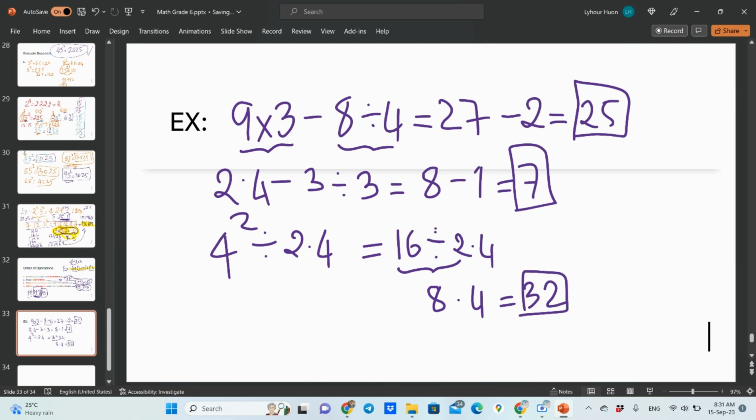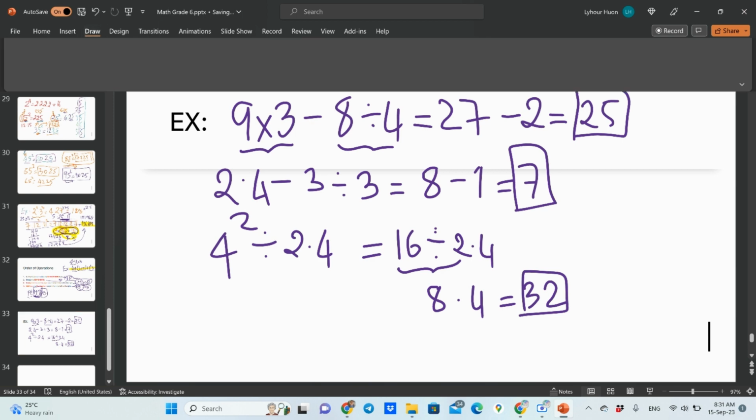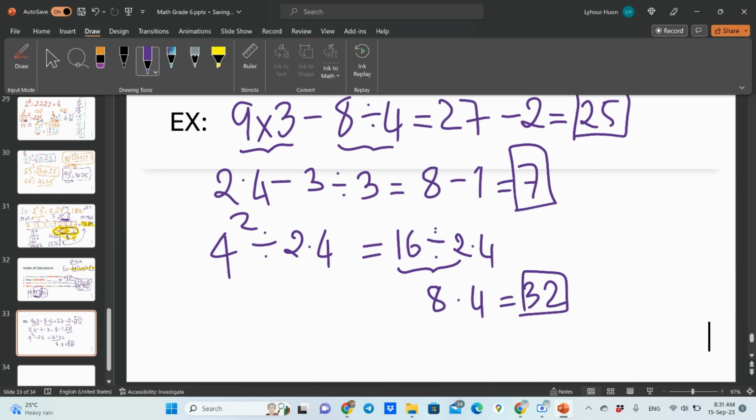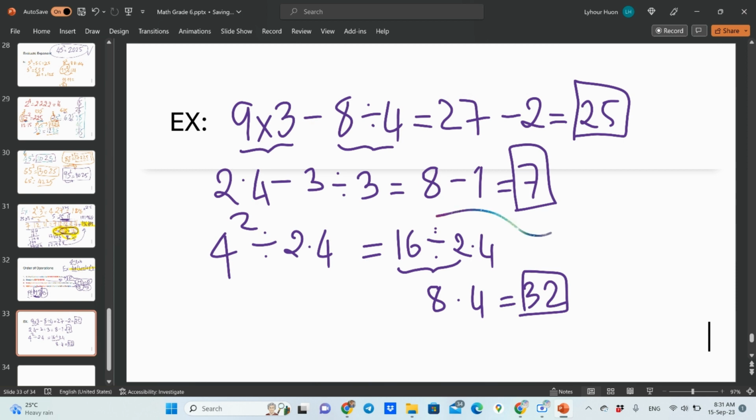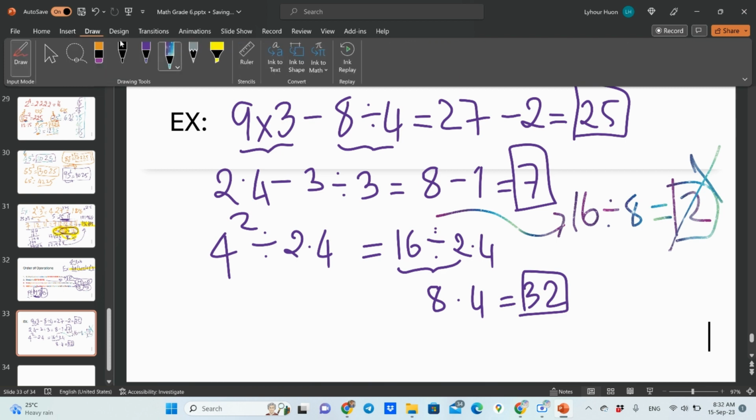This is everyone's mistake. If you write, for example, 16 divided by 8, the answer looks like 2, a whole number. You may think that is correct, but this is not correct. Okay. Next,